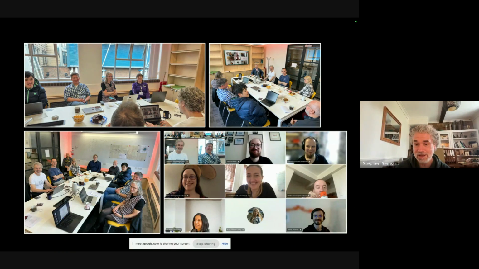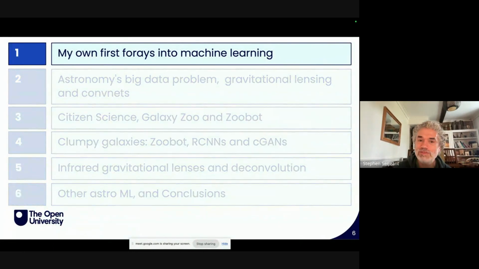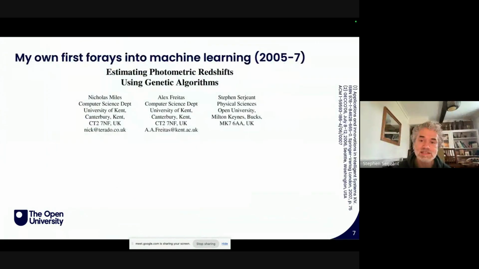I don't have a picture of the entire machine learning group, but this is a picture of the Cosmology Coffee group that we had our 15-year anniversary of Cosmology Coffee last year, and we made some pictures. So some of the people whose work I'm going to be talking about in this talk are in these images here. So I'll start off with my own first forays into machine learning, and this started,